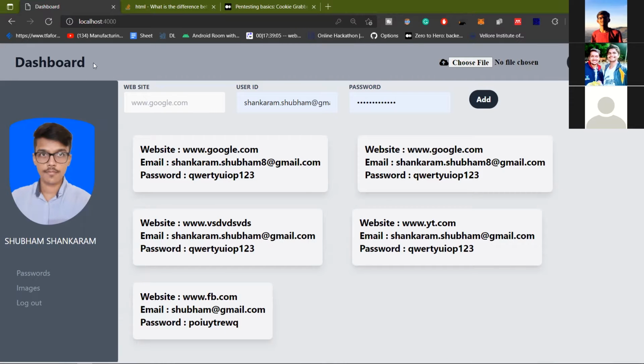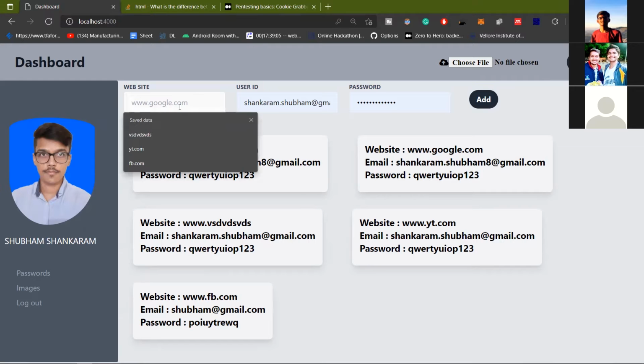So this is our dashboard, and once you log in, you land on this page. This is your profile picture and the user name which you entered in the sign up form. This is one of the functionalities of our web application, so that you can store your passwords here safely.